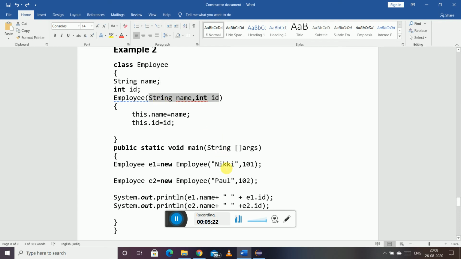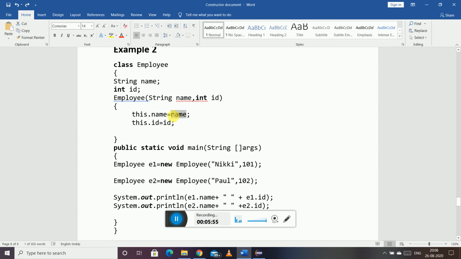Therefore now the values Nikki and 101 and Paul and 102, when they get passed to these parameters, get stored in the instance variables. Always the value on the right side of the equal to sign is stored in the variable on the left side. Therefore whatever value we have passed, like to name we have passed Nikki, to id we have passed 101, those values will get stored.